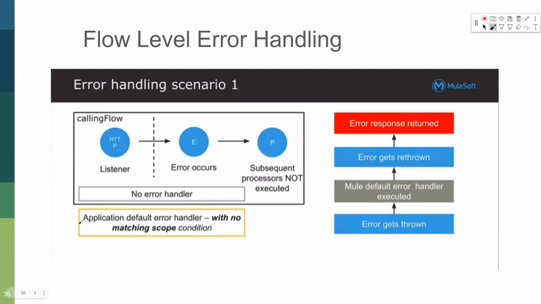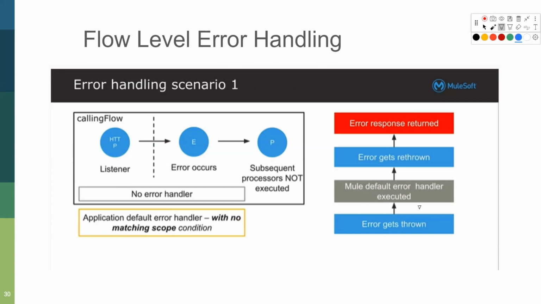However, we have an application level error handler, and in the application level error handler, if it is any, then it will handle it. However, if we are handling custom error types in the application level error handler, that means there will not be a matching scope. That means all of them will evaluate to false. So in that case, if none of the error handling scopes in the application level error handler evaluate to true, then error handling will be done by Mule's default error handler.